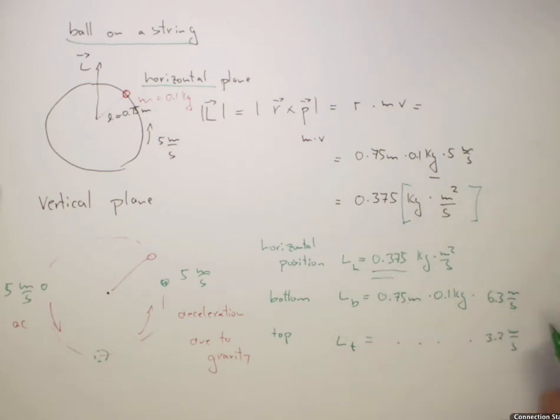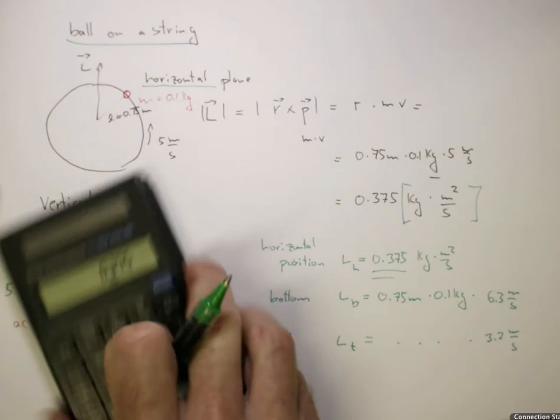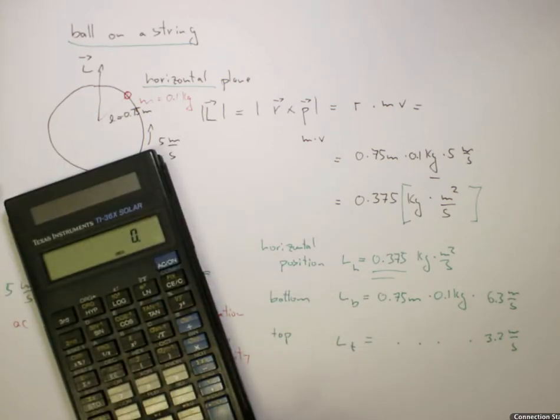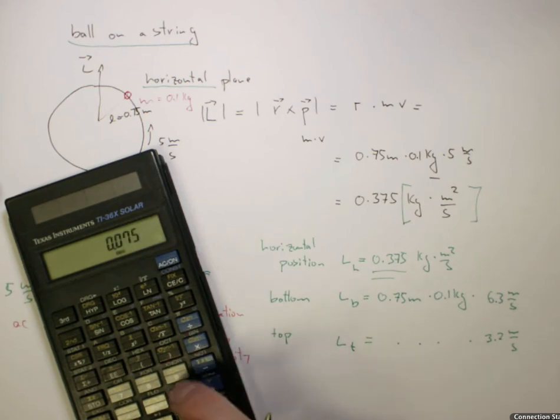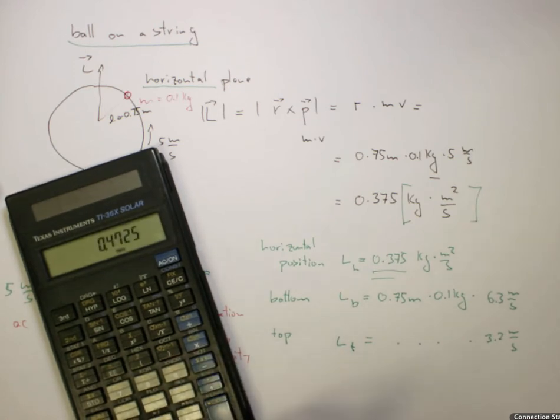So that means now if we type that into the calculator, we get 0.75 times 0.1 times 6.3, which is 0.473 kilogram meters squared per second at the top position,